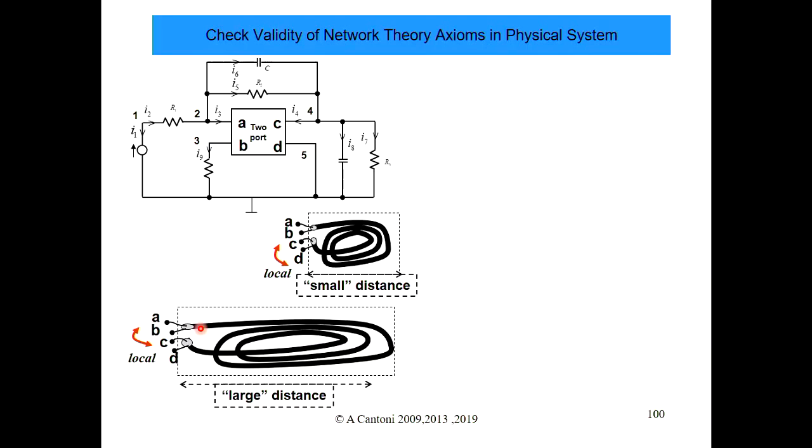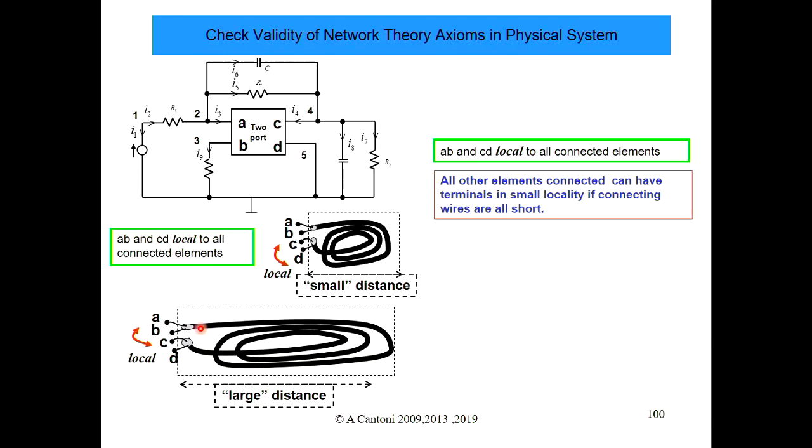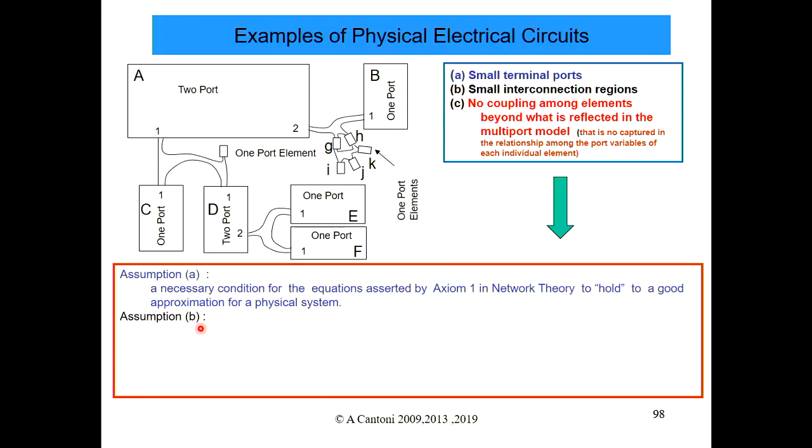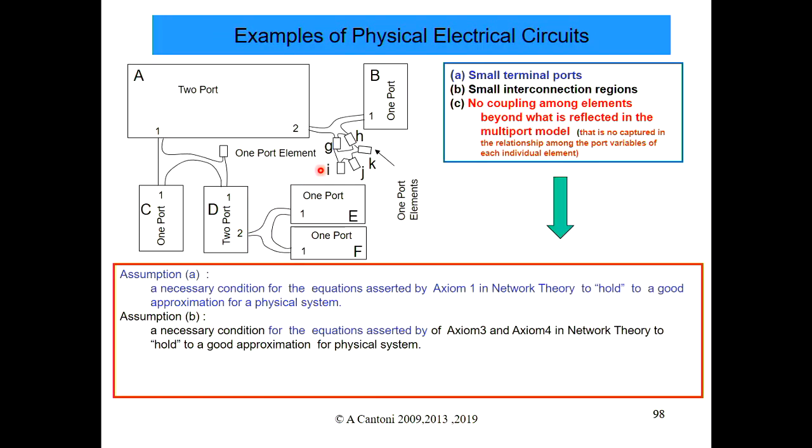It's all about the distance between things. You may have lots of one-port elements here. These things could be separated a large distance from each other, but you have a two-port description of that element. That's applicable in circuit theory. That actually describes V and I here. It describes V